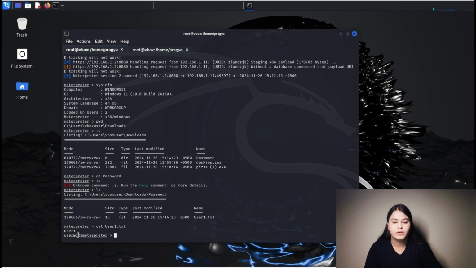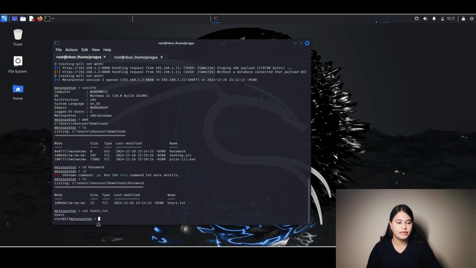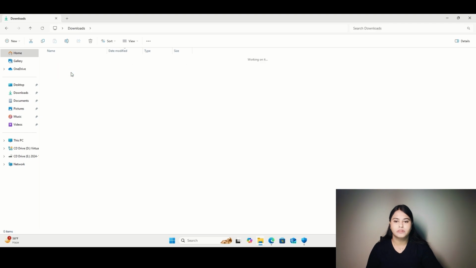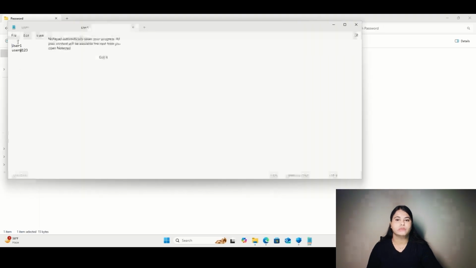And I can see user1, user@123. So in this way, whatever the user can do on his system, I can do it as well from here. I can even upload some files without his knowledge, without his permission. So these kinds of things we can gain access to using the meterpreter. You can see the same file over here. If I go to the screen, and within password, we have this user1 and user@123.